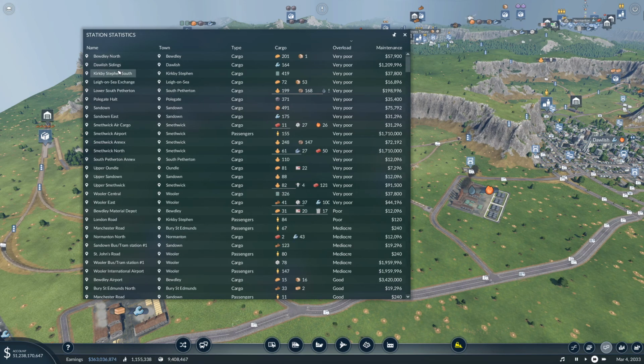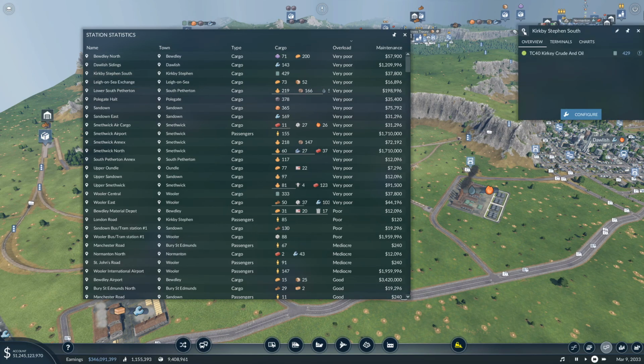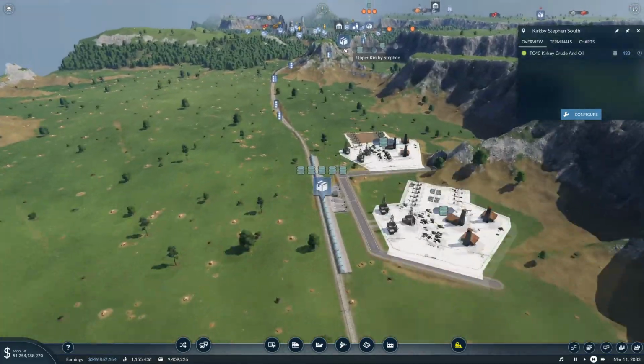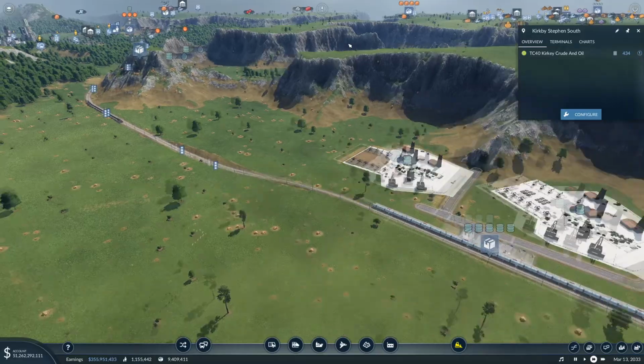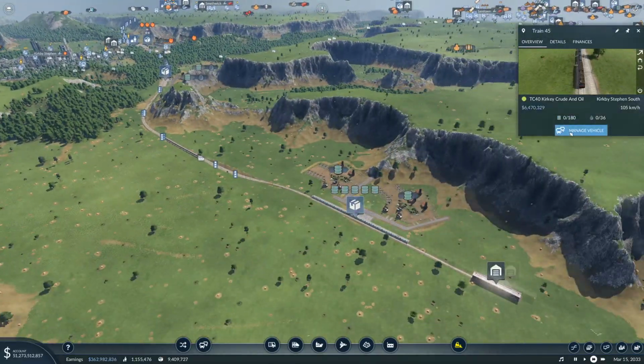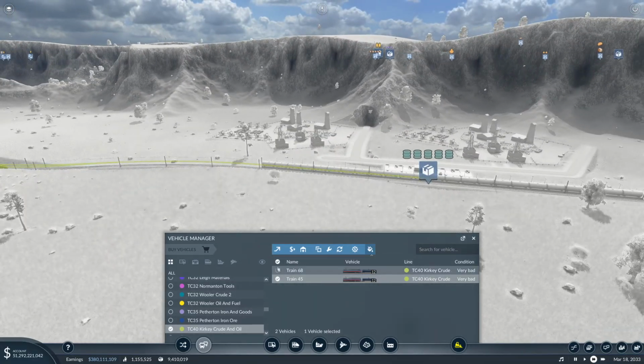Bewdley North, Dawlish sidings. That should drop off quite quickly. Kirkby Stevens South. That's just purely oil. If I can show you that, and we've got loads of oil here, and we could probably solve that with some pretty old trains here. We've got 2 really old trains. So let me just